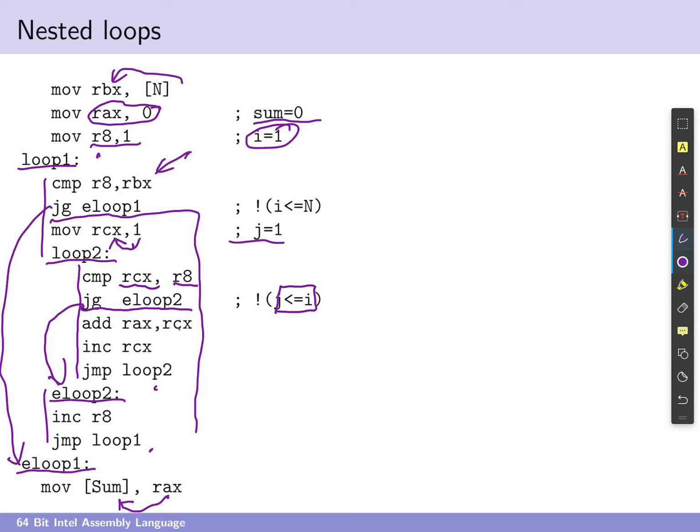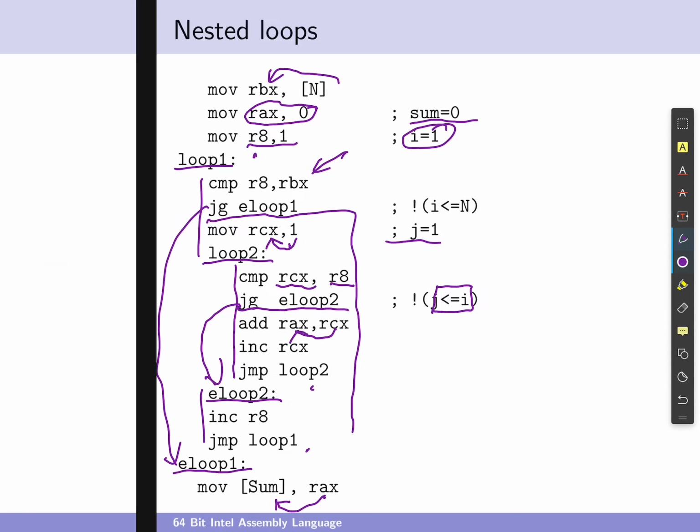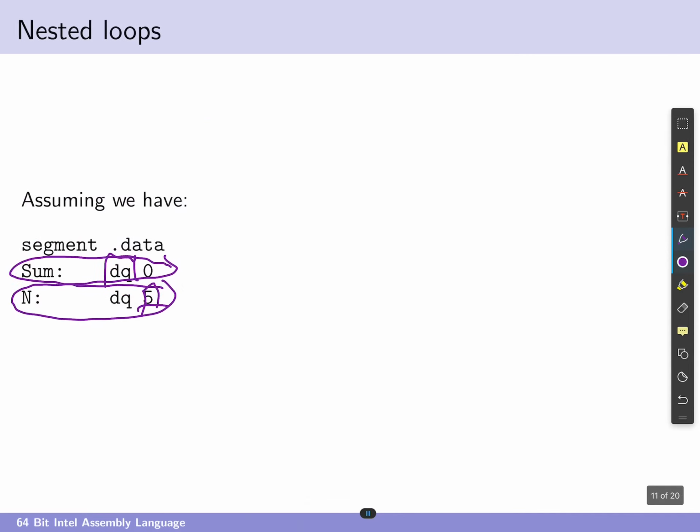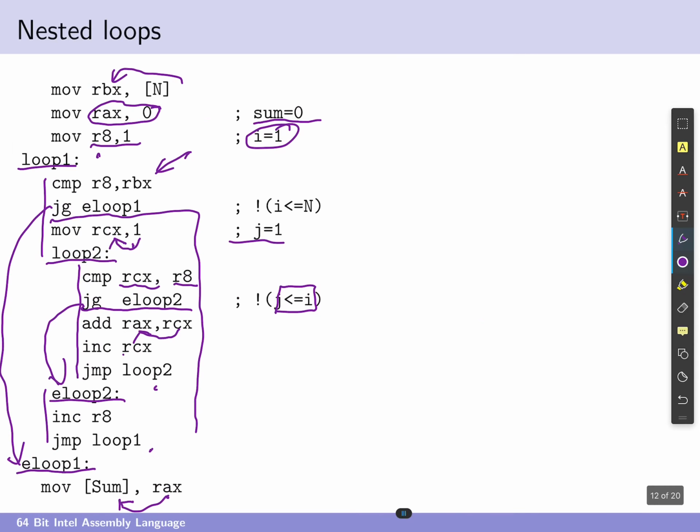However, if that is not the case and j is in fact less than or equal to i, I'm going to actually just execute this inner loop body. I add RCX to RAX. So that just corresponds to this actual addition of this actual term. I add this j to RAX, I increment RCX, and then I jump back up to the start of my loop again. And I repeat this process again and again until eventually I end up in a position where j